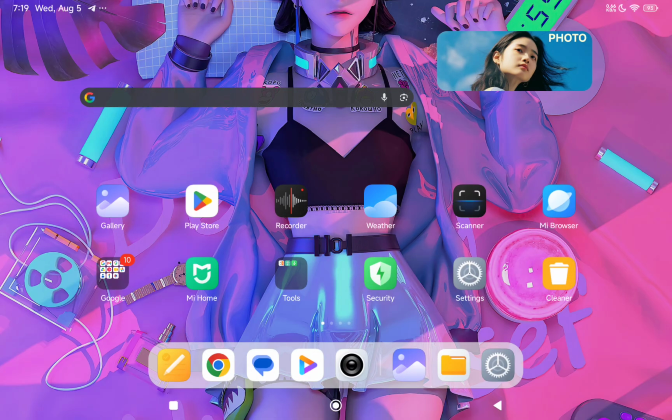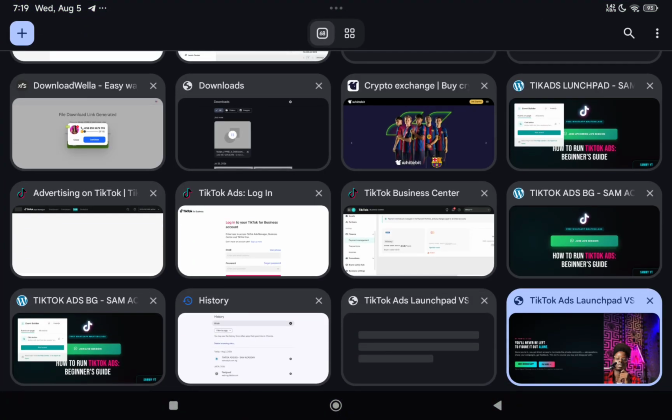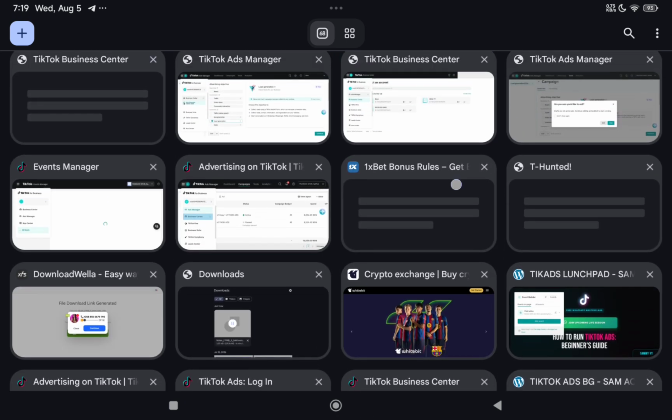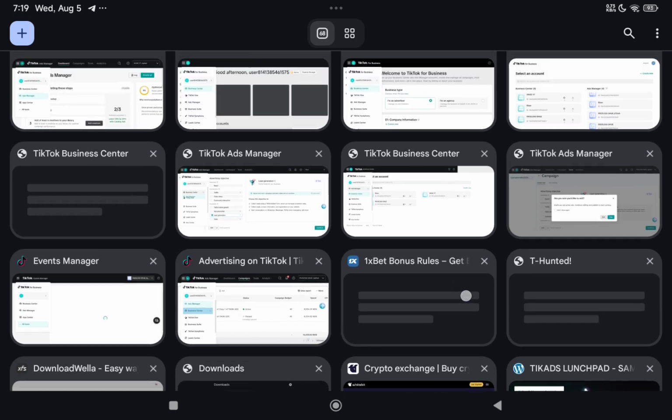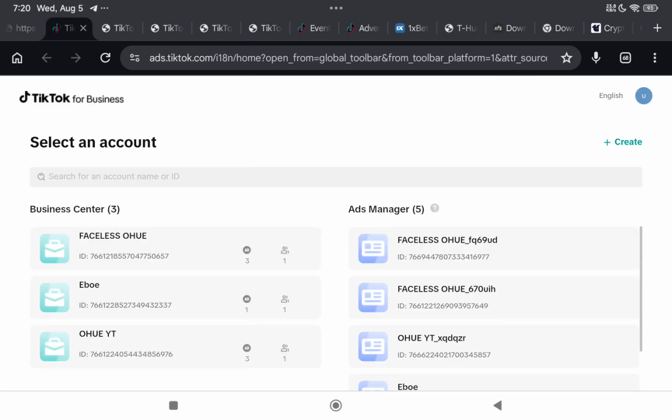I wanted to show you something about my TikTok ads, so let me show you. Okay, now this is one of my ad campaigns that is running right now. Like I said, the card that you'll be using to fund your TikTok account is very reliable, in the sense that you don't need to be funding your ads account. They'll be taking it from your account anytime TikTok has gotten to the amount of money that you'll be needing. Okay, let me show you an example of these ads.